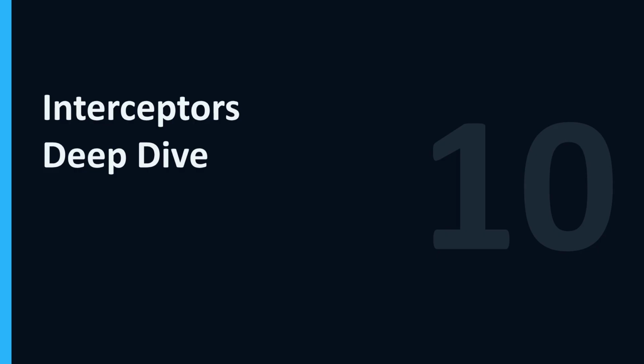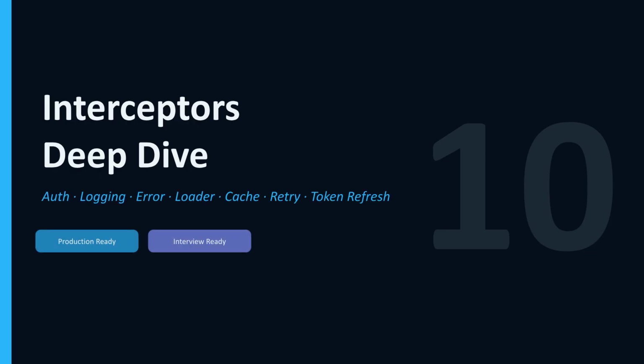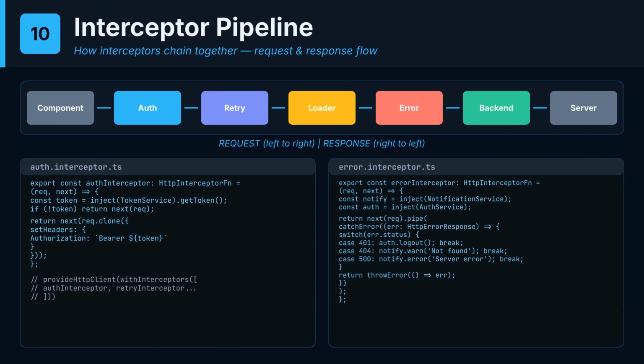Next, we deep dive into interceptors, covering authentication, logging, error handling, loading spinners, caching, retries, and token refresh. Interceptors are key to centralizing cross-cutting concerns in your application. Interceptors form a pipeline, processing requests from left to right and responses from right to left. We examine the code for an auth interceptor, adding a bearer token, and an error interceptor for centralized error handling